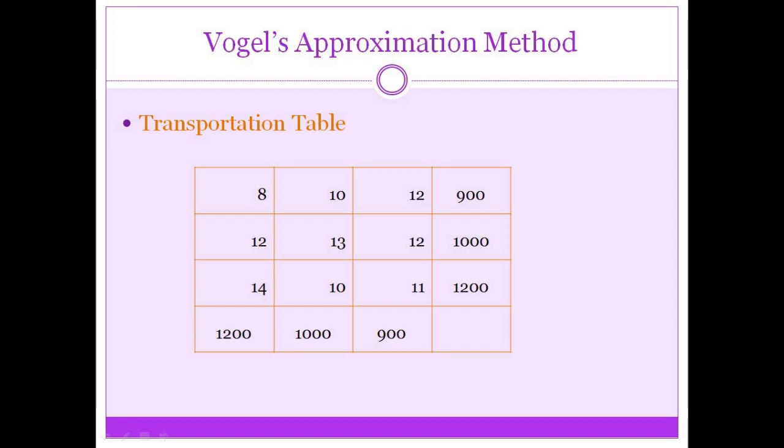In this method, initially we need to find the row and the column penalties. Penalty is nothing but the difference between the least cost and the next to it. For the first row, the least cost and next to it are 8 and 10, so the penalty for the first row is 2. Similarly, we can find the penalty for every row and column. Here, the maximum penalty is 4, which corresponds to the first column. In the first column, the least cost is 8, which is in the cell (1,1). So, we need to give allocation to this cell.